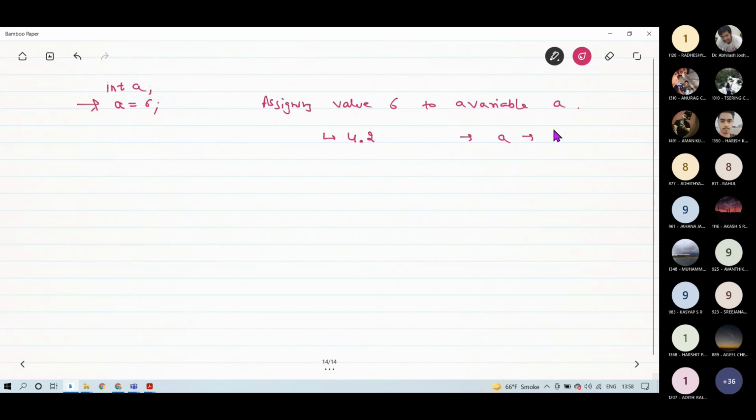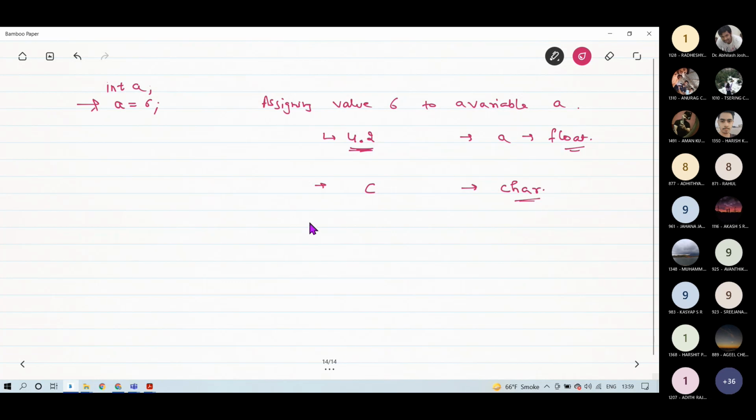So it should be of float type, and then I can store this decimal value in this variable. Similarly, if I want to store a single character like C in a variable, then that variable should be of char type, right?